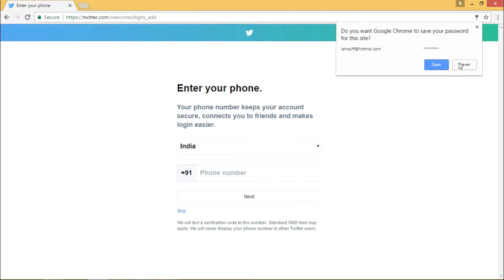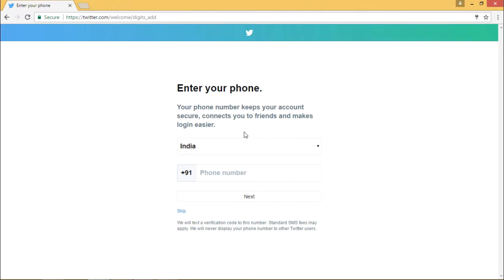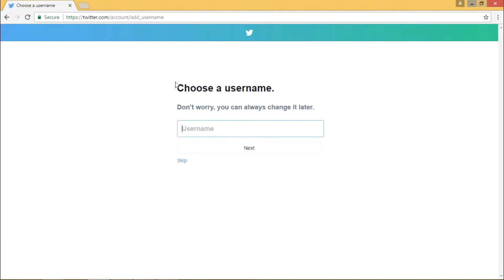Now it says your phone number keeps your account safe and secure. If you want to add it, you can add it or skip it. That is fine. Don't worry, you can always change it. Choose a name is something that you need to give. Let us say I give my